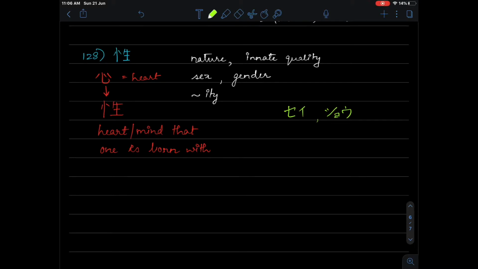Okay, the hen and tsukuri. I hope you remember, the hen is the left part, the tsukuri is the right part. The right part will give you a hint for the pronunciation, the left part gives you a hint to the meaning. So the semantic part means heart or mind, and the phonetic part means sei or sho, or that is the hint that it gives you. All right,